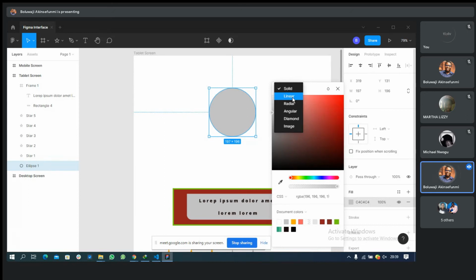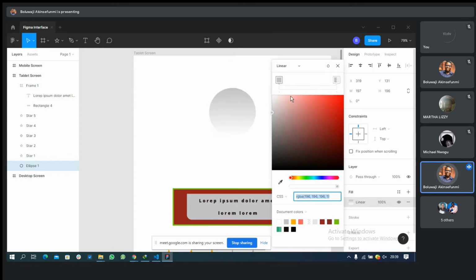in coloring. There are different gradients available in Figma. We have the linear gradients, the radial gradients, the angular gradients, and we also have the diamond gradient. Solid is just a plain color style. But a linear gradient applies the gradient in a straight line, from one point to the other. At the top here, you can see the color for the starting point, and on the left, where my mouse is over, this is the color for the starting point